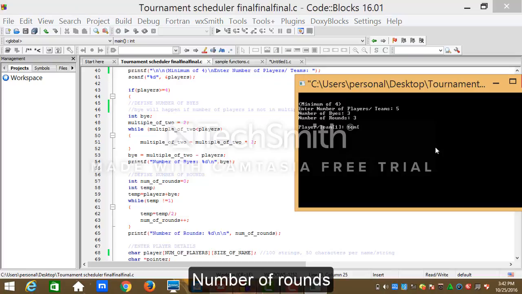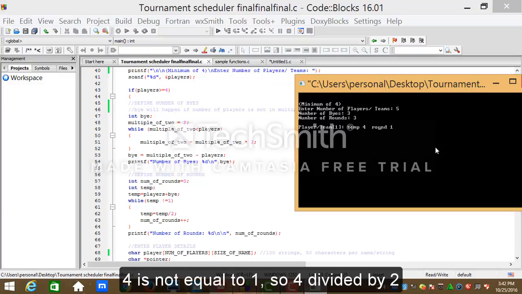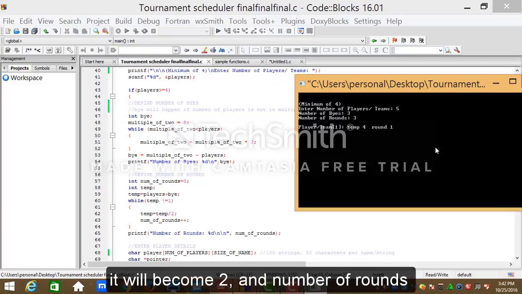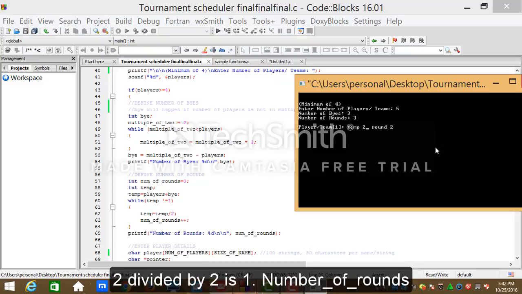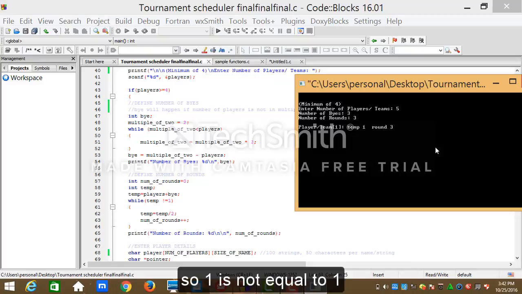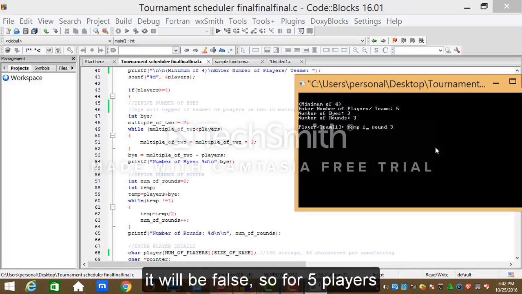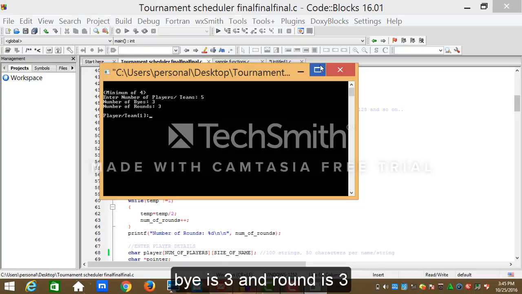Number of rounds increments, so it would be 1. 4 is not equal to 1, so 4 divided by 2 becomes 2. And number of rounds increments, so 2. 2 divided by 2 is 1. Number of rounds will increment and will now become 3. So 1 is not equal to 1 is false. So for 5 players, bye is 3 and rounds is 3.